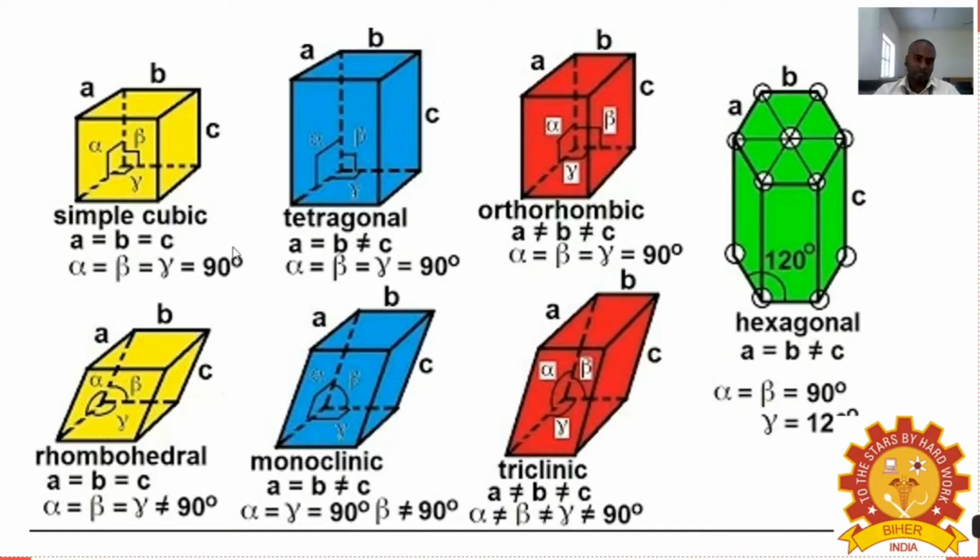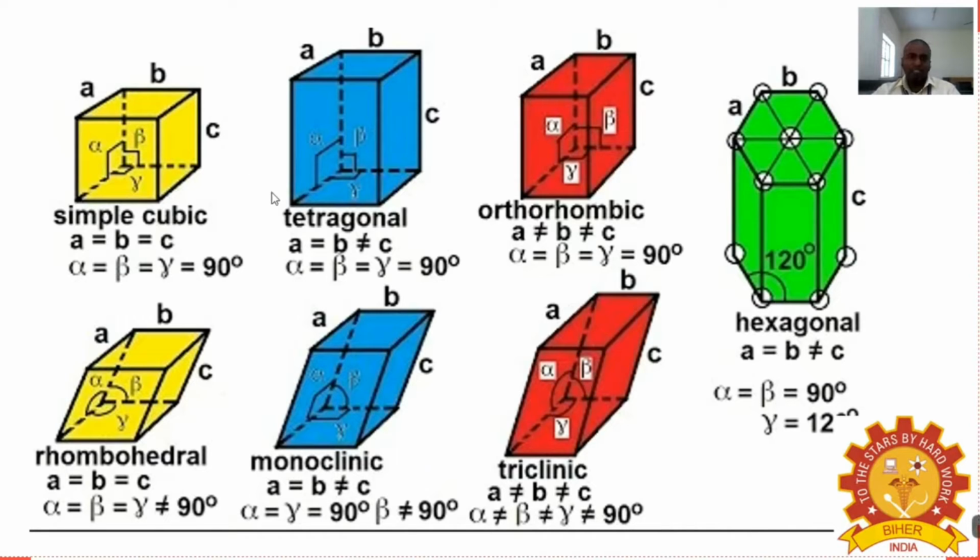At first, we are going to talk about the simple cubic crystal. In simple cubic crystals, the lengths a, b and c, I mean along the X, Y and Z planes, are equal. The distance between two atoms in the X plane, Y plane and Z plane is equal, as well as the angles alpha, beta, gamma between the XY planes, which are 90 degrees. So it is simply called simple cubic. This type of crystal is arranged in a cube-like structure.